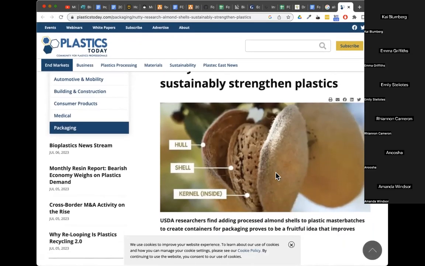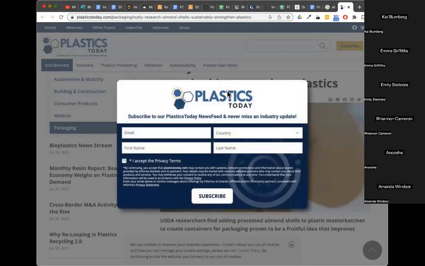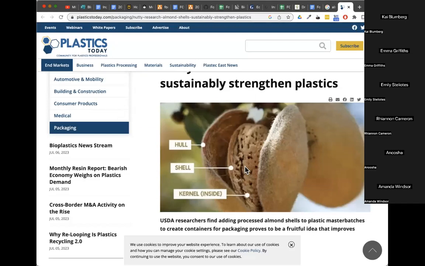Okay, hull, shell, and kernel. Inside. So even inside the shell is this kernel. So far I think FoodOn has been talking about a whole nut being the kernel. Yes, that's it, because the nut, the kernel, is inside the husk. So shell. What we're going to have to move to then, for all nuts that also include the shell, which